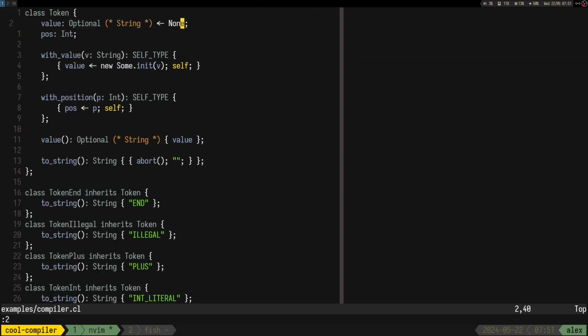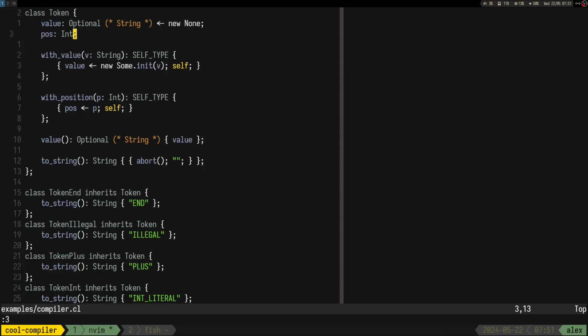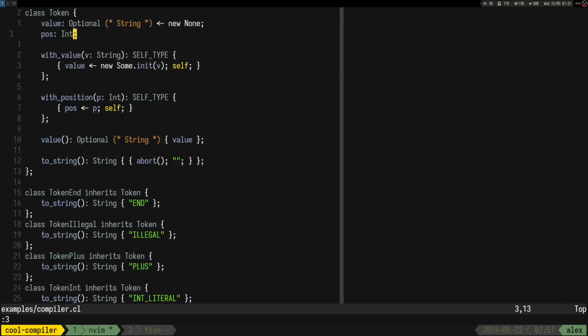So line 2, new none. On line 3, wait, what? Wait, what the fuck?